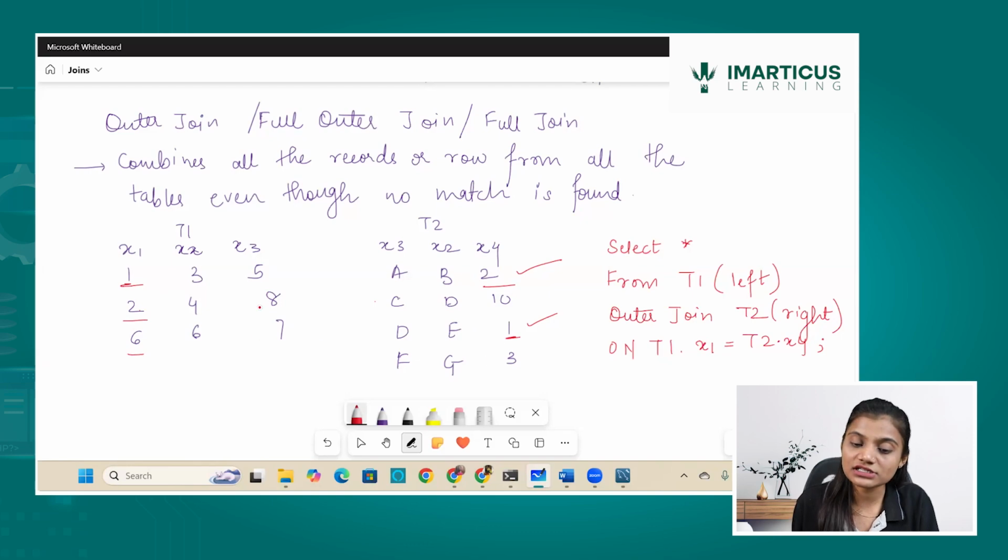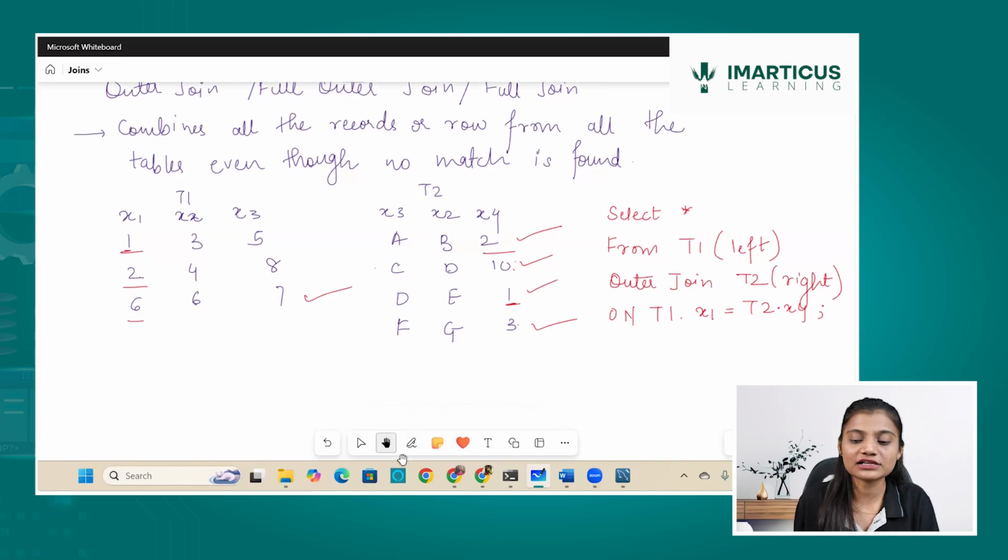It's fine, it still takes it in the outcome. Now it checks 10. Is 10 there in T1? No, but it will still take it. Is 3 there in T1? No, it will still take it. So it doesn't matter if there is a match or not. All the entries from both or multiple tables being selected will be shown in the query result.